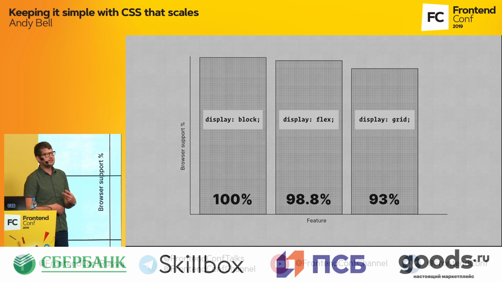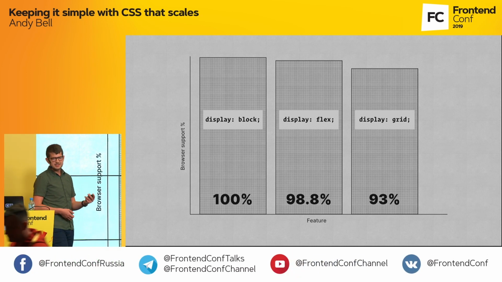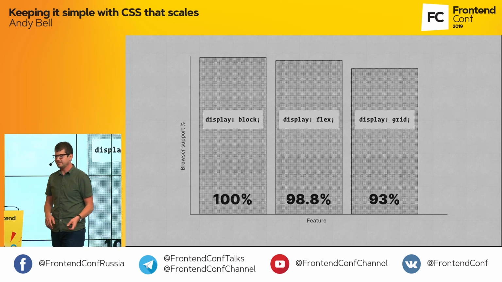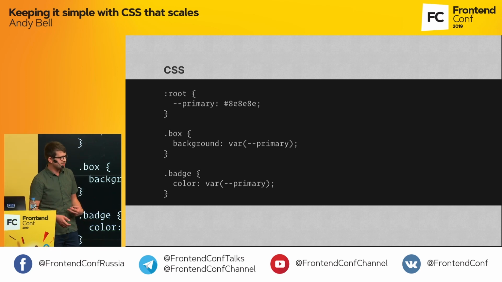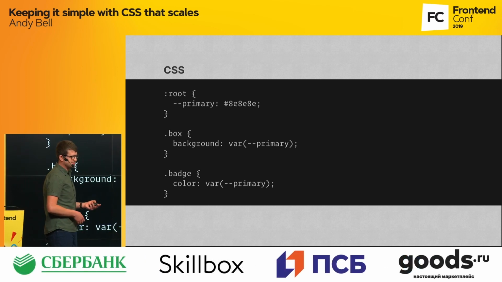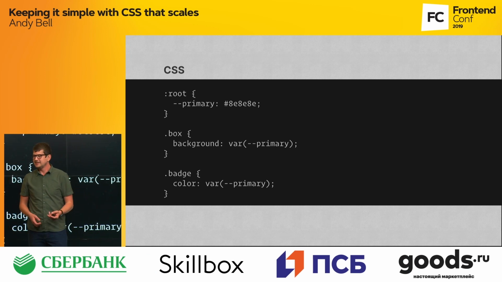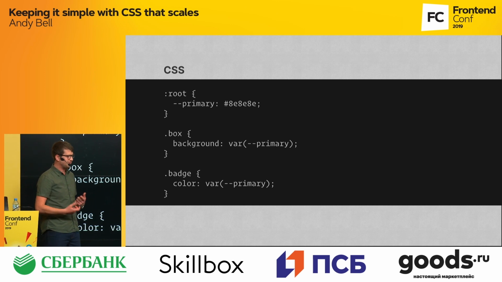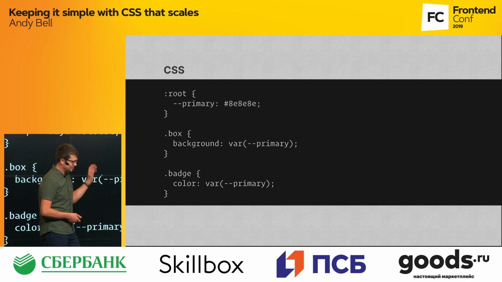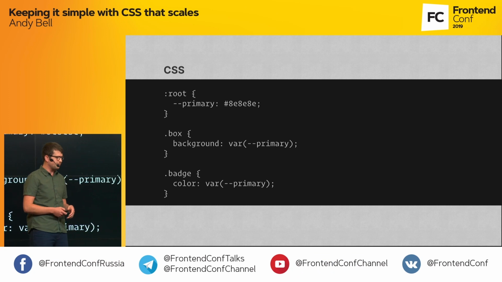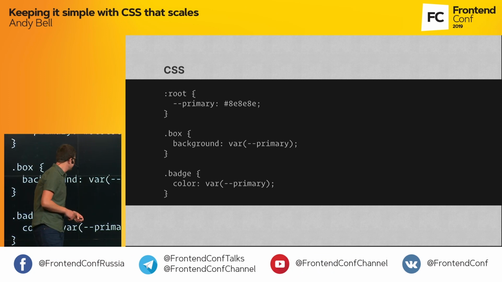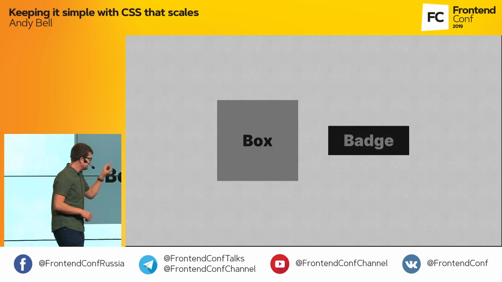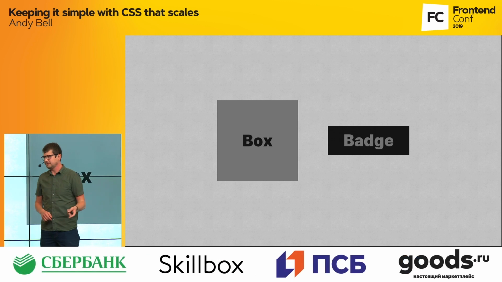So if you use these newer layout tools with a progressive enhancement mindset, your layout's just sorted, job done, nothing to worry about anymore. And we also get these cool CSS custom properties, CSS variables. And these are really cool for tokenizing our CSS and pulling on features that we've got from other languages where we can create variables and use them throughout our code. So in this example here, I'm just setting a primary color, which is gray, obviously, with these slides. And then I'm applying it on a box and a badge component, which gives you this. So the box has got a gray background, and the badge has got gray text.